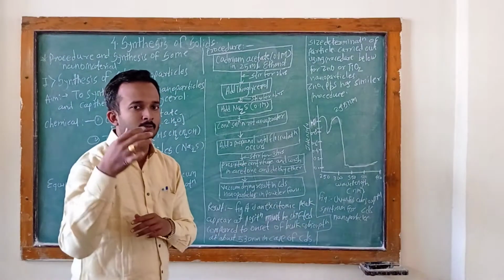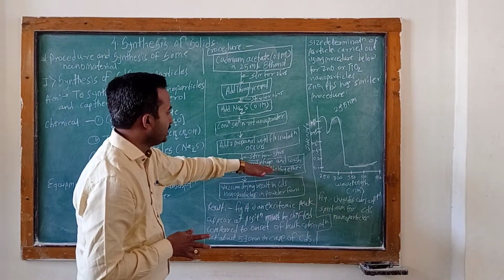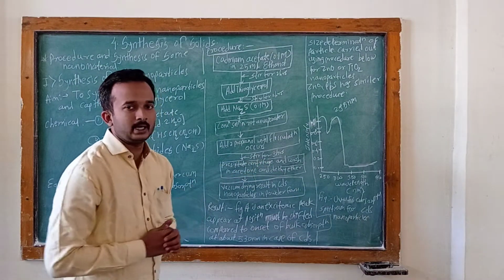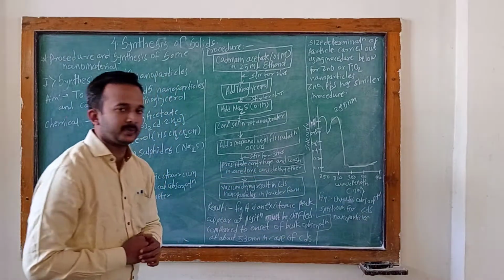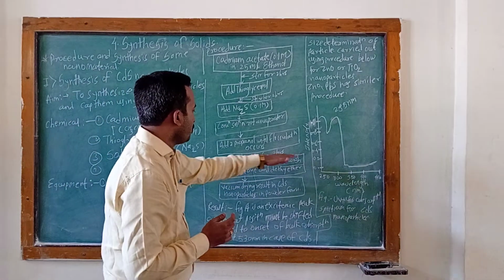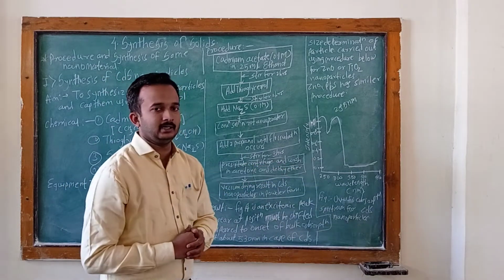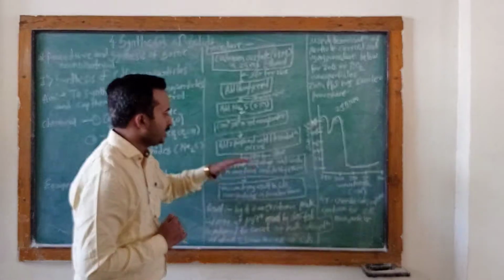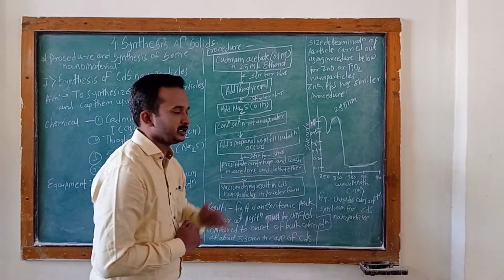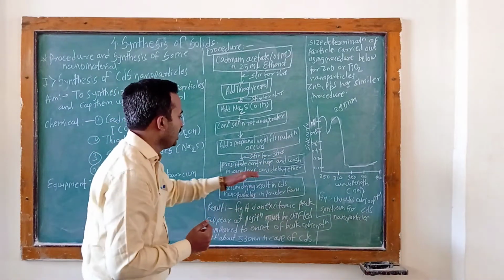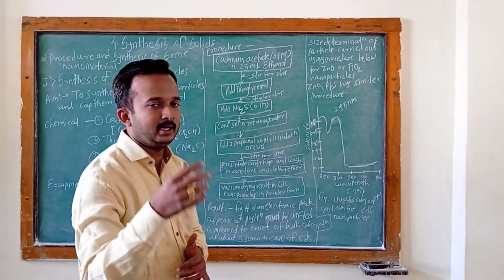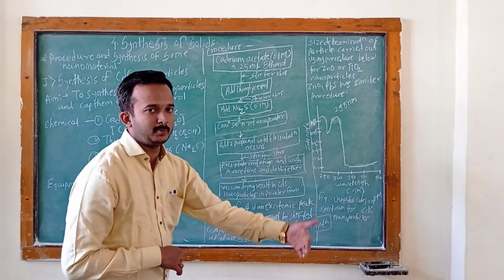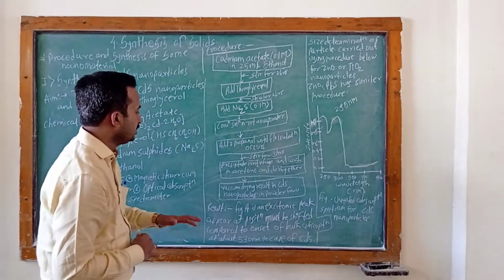After the 3 hours of stirring, the precipitate is centrifuged and washed in acetone and diethyl ether. After washing the precipitate with acetone and diethyl ether, you have to